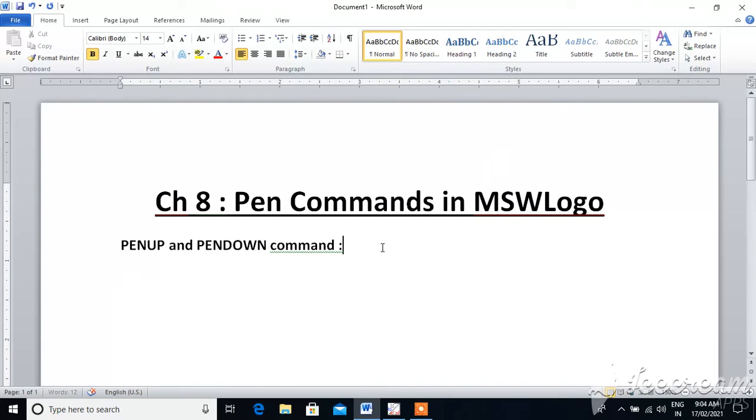The short forms are PU and PD. While drawing, if you want to hide a line, then you can use PU and PD.